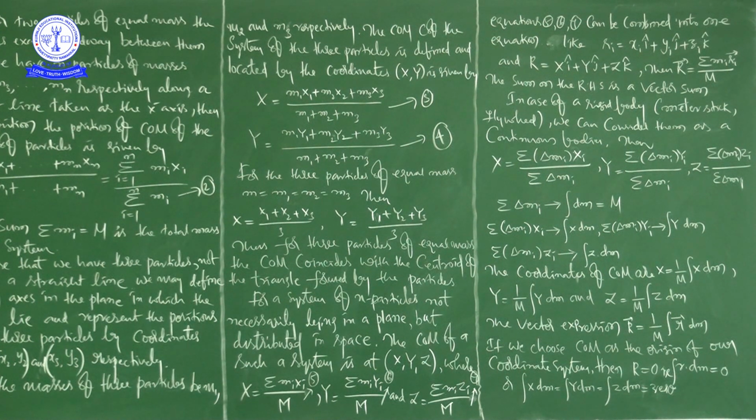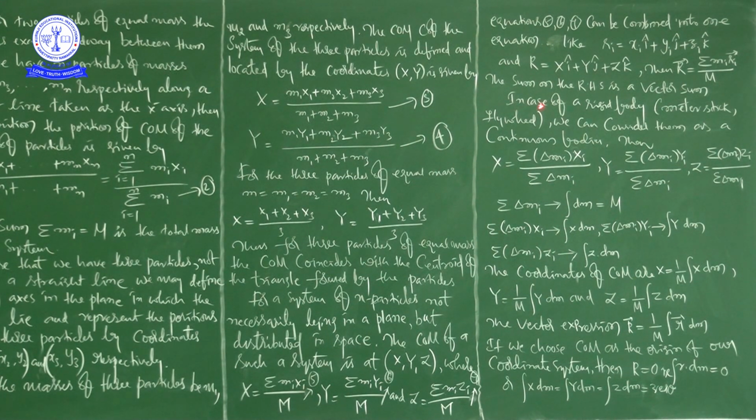Now the question is, for example, if you see a rigid body, like a meter stick or a flywheel, anything, whatever. Suppose if you take the meter stick, how many particles are there? There are a large number of particles. And one more thing is, the distance between the particles is very small, almost negligible. So in such a situation, it is difficult to apply the process we discussed, right? So that's why we are going to use the calculus method. So integration, we are going to use the calculus method, right?